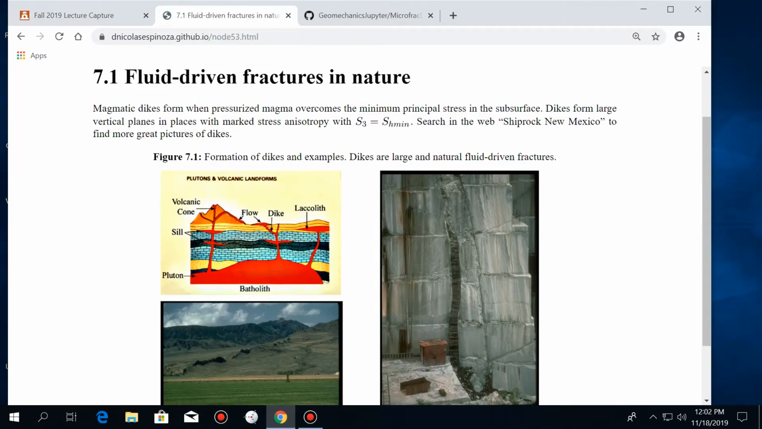Today, we're going to start talking about hydraulic fractures. Probably, for now, this is the most important application that we're going to see out of this class. We already saw stability of faults, stability of wellbores, and now we're going to talk about hydraulic fracturing. The first thing I'd like to say about hydraulic